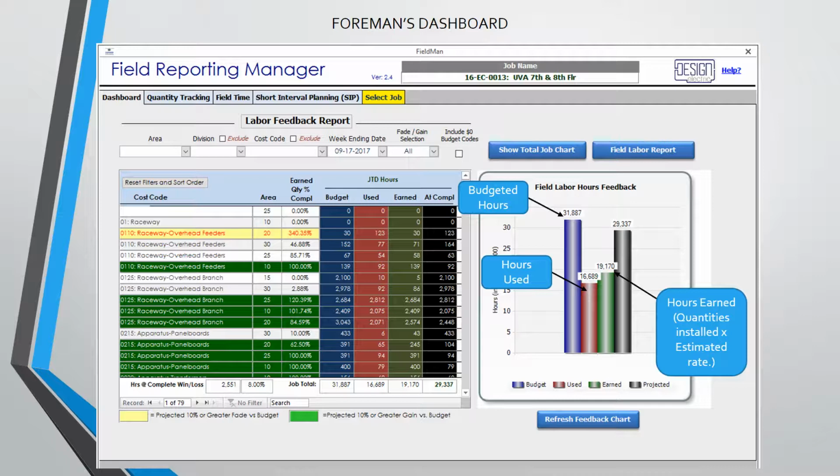Hours earned is a calculation based upon the quantities of material installed multiplied by the budgeted labor rate, which is a bit complicated. For example, if you reported installing 10 light fixtures and the estimated budget is 1 hour per fixture, you would have earned 10 hours. If you were able to install those 10 fixtures in only 8 hours, you would have beaten the estimate by